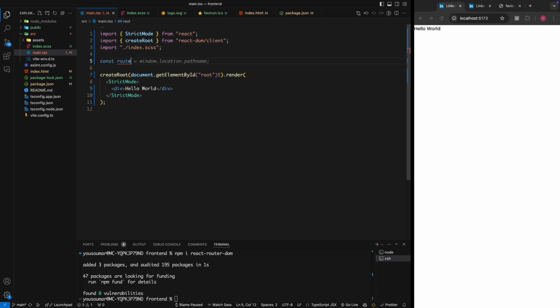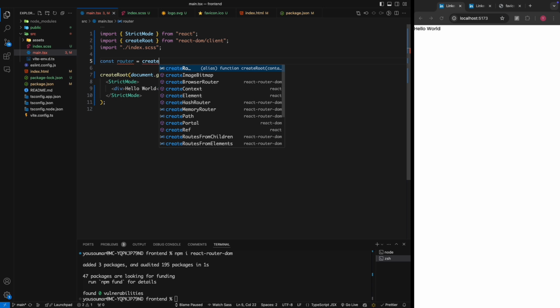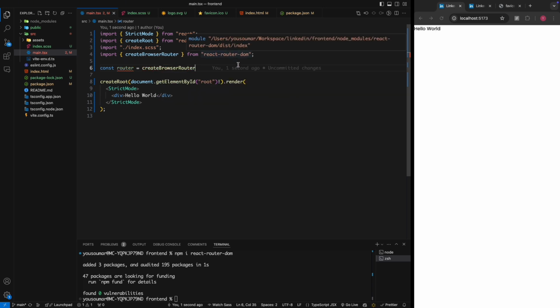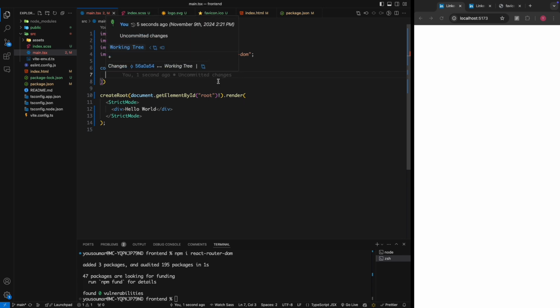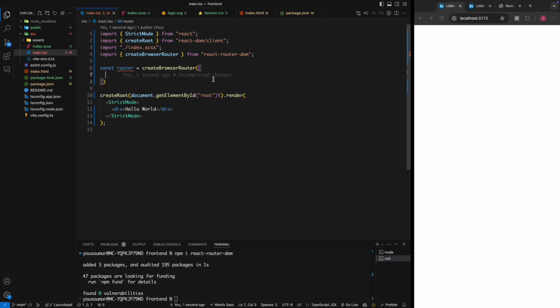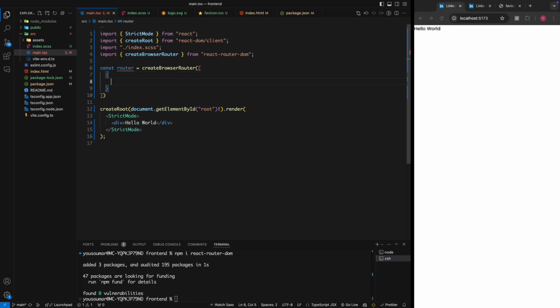So it's going to be called router, and it is going to be equal to, we are going to be using the createBrowserRouter from React Router DOM, and this one is going to take an array. This is actually the syntax of the React Router DOM since the latest version. We could use the old way of doing it, but this is the kind of recommended way since their latest release. So we are going to be having here an element,